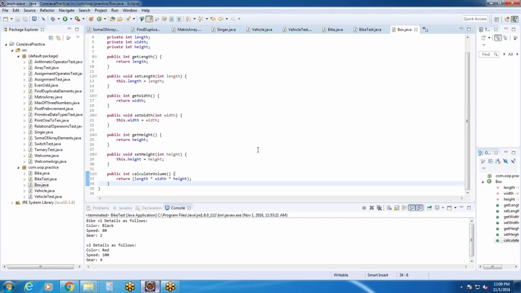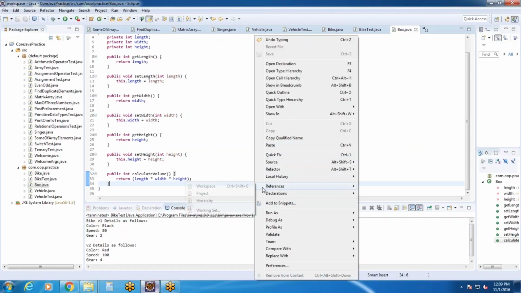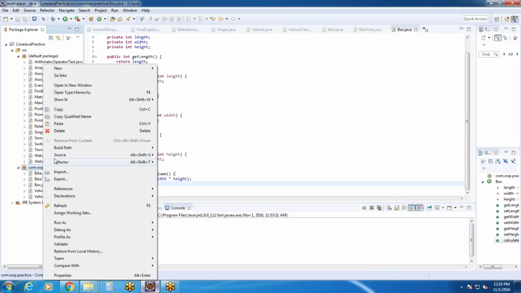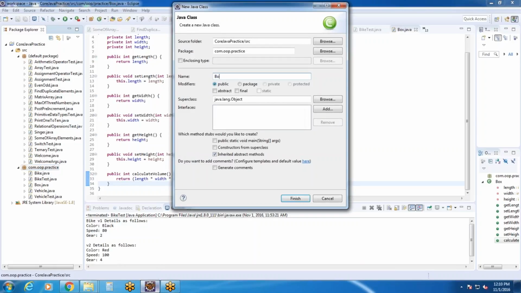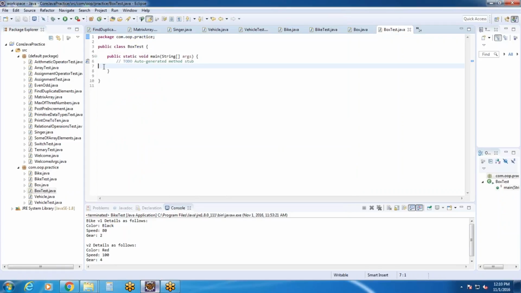Now I want to test how I can use this. Right? So right click on your package and create a new class, name it as box test. Take the main method as well. Right? There let us create the object of box. Say box b1 equal to